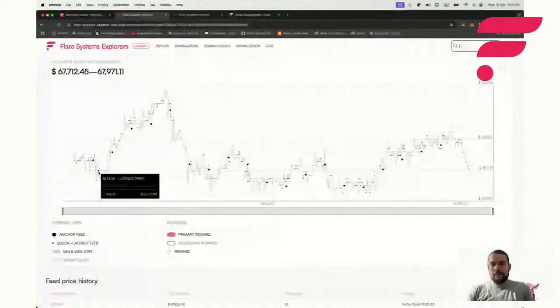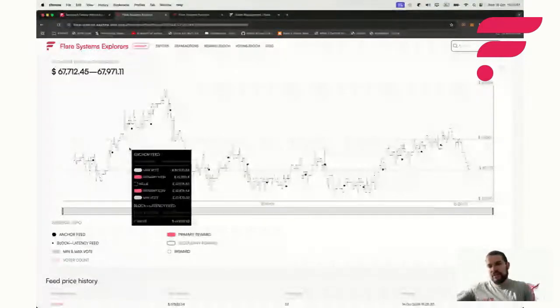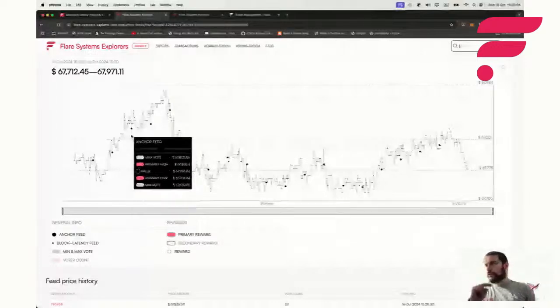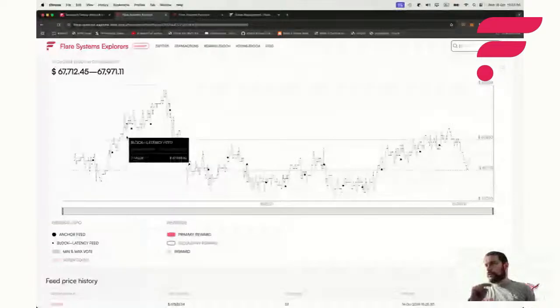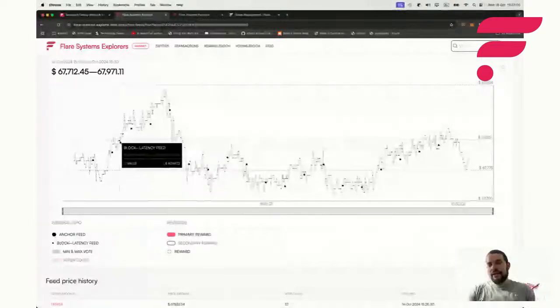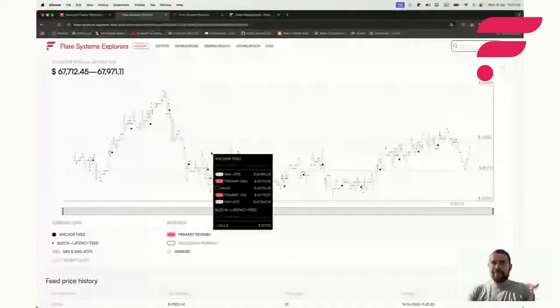So you can check a specific price feed and see what's happening on chain directly. This is sourcing data directly from the chain, and you have two different things for FTSO. You have the anchor feeds that are refreshed every 90 seconds, and you have block latency feeds, which are updated to be fresh every block, which is between 1 and 2 seconds. This is how you can observe what's happening. And we have also done some historical analysis. If you remember when everybody was a billionaire because CoinMarketCap was providing bad data, even at that point, the data providers found out that there was some mistake with how the prices are calculated there and moved to different data sources. Okay, let's jump a bit deeper to see what's happening.